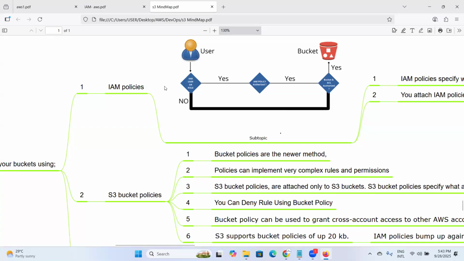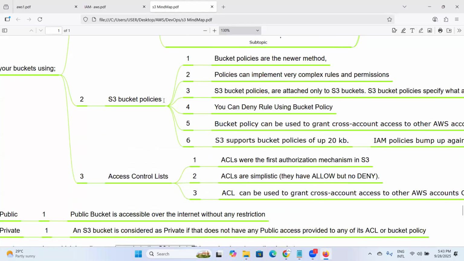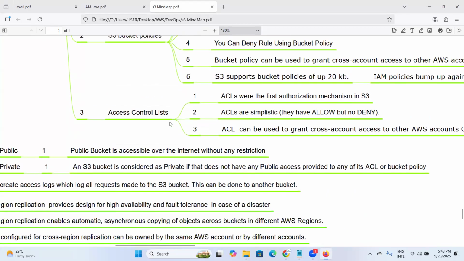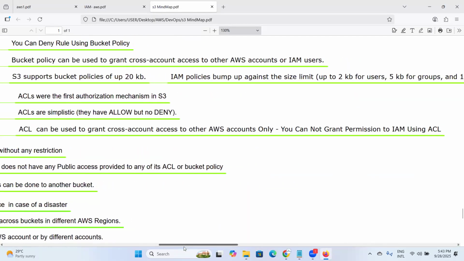So we have IAM policies, S3 bucket policies, and ACL. ACLs were the first authorization mechanism in S3. ACLs are simple, they have allow but no deny. ACLs can be used to grant cross account access to other AWS accounts. So if another account wants to access your bucket,